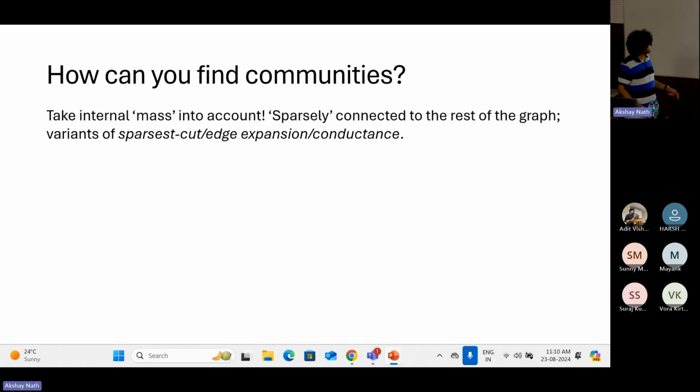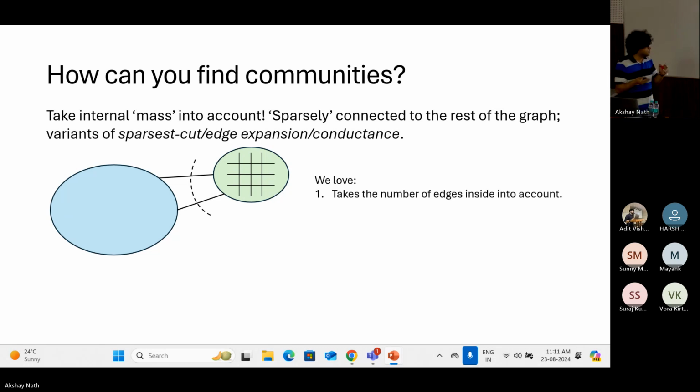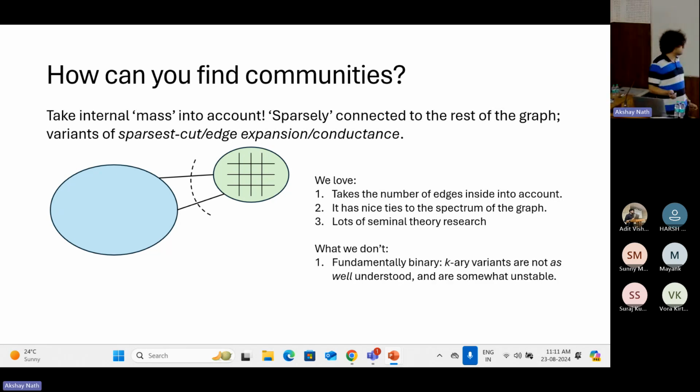And that's where we get the sparse cuts, which essentially look at low conductance cuts. So you don't just look at the value of the cut itself, but you also look at the volume inside the cut community. Theory people especially love this because it has nice ties to the spectrum of the graph. The very celebrated Cheeger inequality is perhaps one of the cornerstones of spectral graph theory. There's been a lot of seminal theory research, and it continues going on, all very cool stuff that I personally like very much as well. The issue with this is